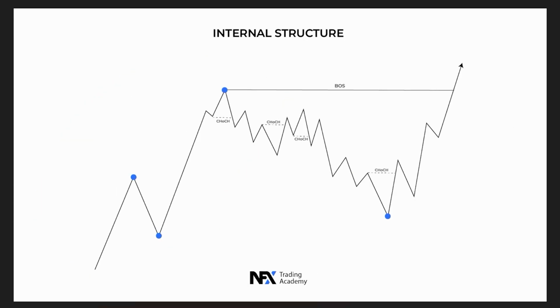On the next slide we have a small schematic for the internal structure in that higher time frame structure. So here we have a bullish structure, higher highs and higher lows, creating a new higher high in the market. Now from this point to this point is a pullback phase. This pullback phase is drawn on the smaller time frame. Why? Because internal structure is usually on the smaller time frame.